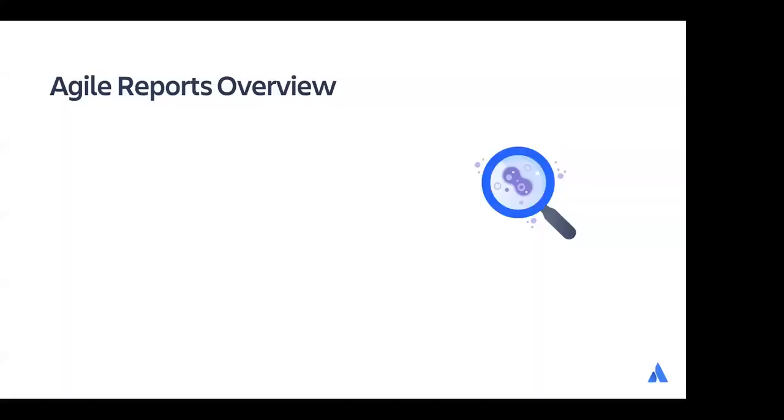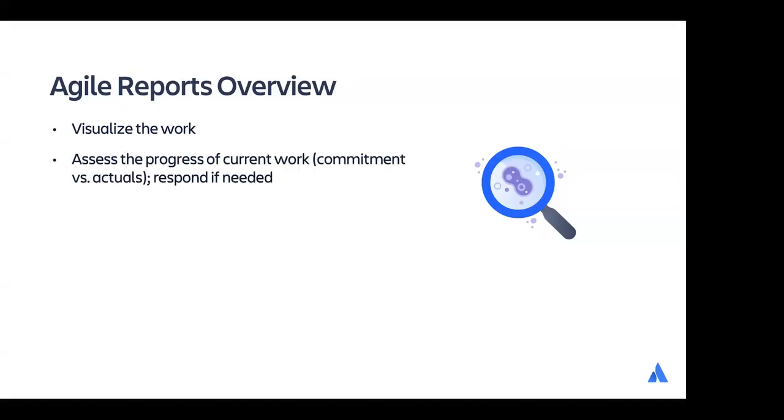So an overview of reports. Reports are key to being agile. Just like boards, agile reports help you visualize the work that the team is doing. They help you assess the progress of the current work, so the commitment that the team made versus the actuals they're delivering, and also respond if needed, if something is a blocker or an impediment during the sprint, so we